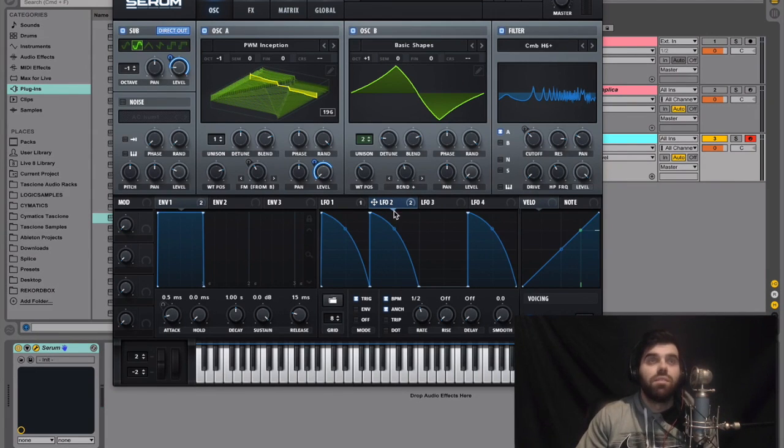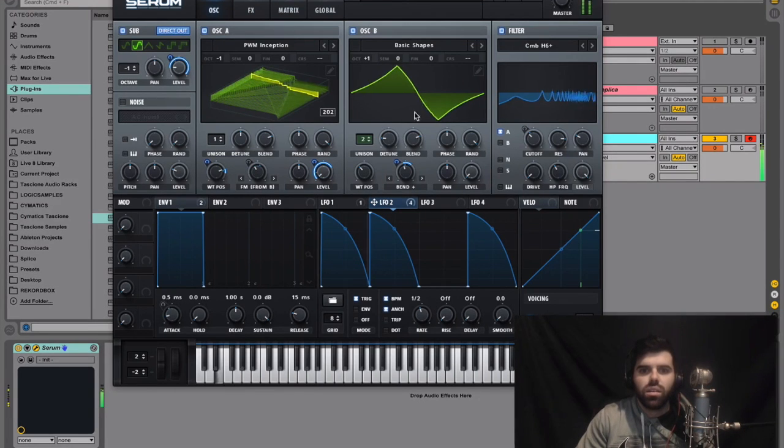So now it's time to dive in and do this a little bit more. We're going to drag LFO to the wavetable position of oscillator A. And this will just be slightly moving this wavetable position of oscillator A and giving it a little bit more movement. We're also going to drag this to oscillator B, the warp mode. And this will just be moving this wavetable like in and out almost. It's nothing extremely drastic, but I think it's these little movements that give the sound more life over the course of the sound design process.